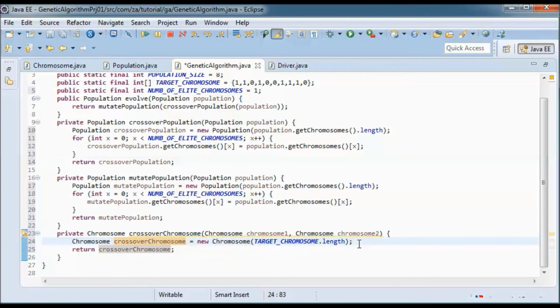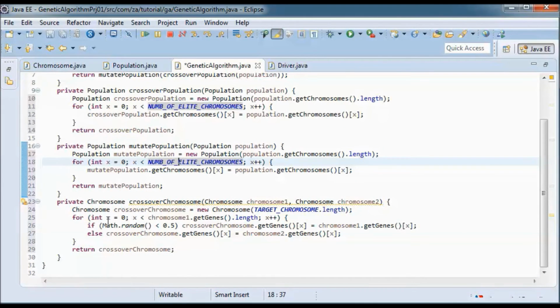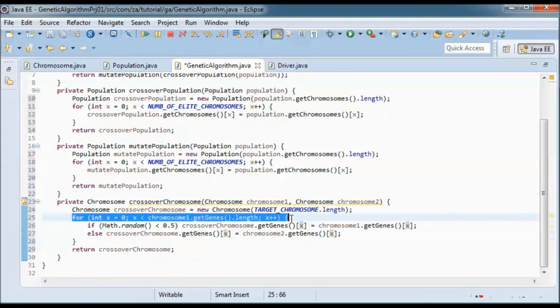Let's return it here, and this code will do the random gene selection. So if Math.random is smaller than 0.5, the crossover chromosome will pick up genes from chromosome 1. Otherwise, it will pick up genes from chromosome 2. And we have a loop here going through all the genes.